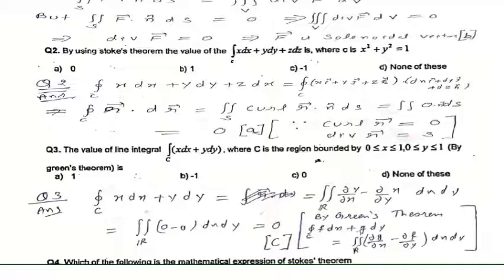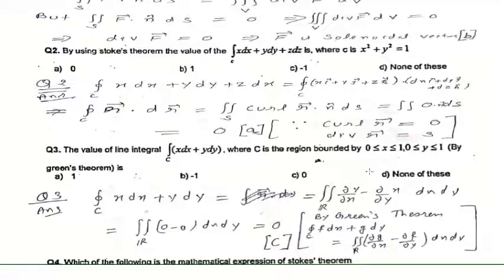The closed integral of f dx plus g dy is equal to the double integral of the derivative of g with respect to x minus the derivative of f with respect to y, dx dy. That is, f dx plus g dy equals ∂g/∂x minus ∂f/∂y. g is the coefficient of dy and f is the coefficient of dx. You can apply Green's theorem if you have a simple smooth or piecewise smooth closed curve. So it is the boundary of a rectangle.